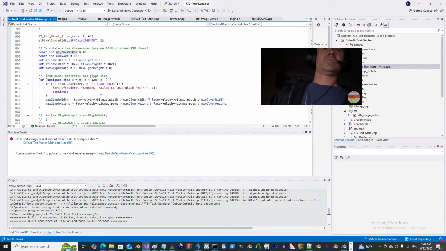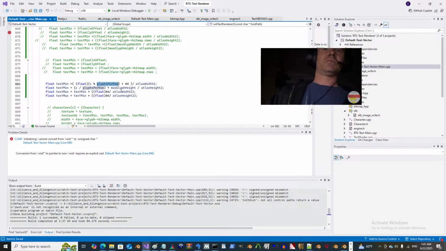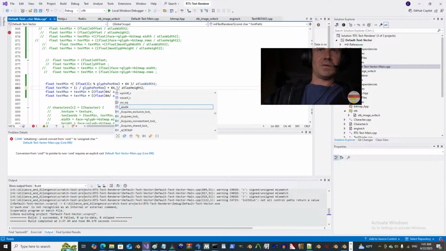Is glyphs per row a constant? Yeah. Should be 16. Next glyph height. Make sure it does this math. It doesn't really matter because of the fact